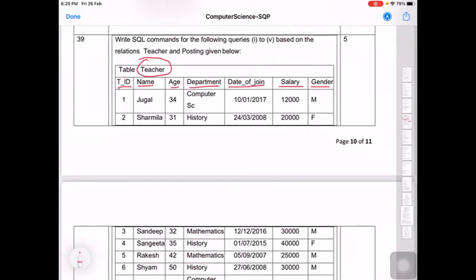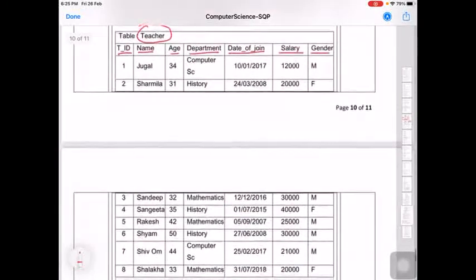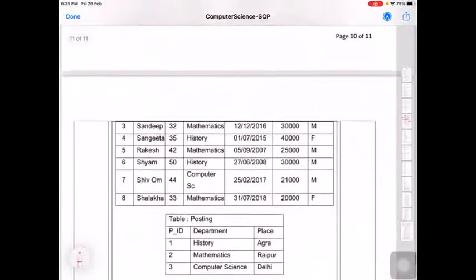So first thing, note the name of the table. Note means in mind, you just must remember for that particular time period that this is the name of the table that I have to deal with. Then the name of the columns. And as there are two tables, you must go through the second table also.